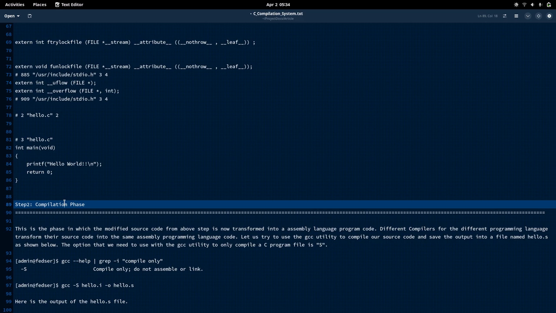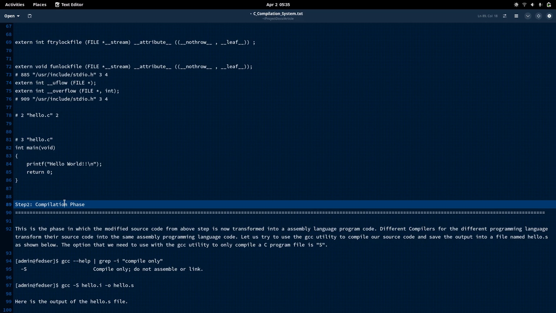But it is still not a complete machine level instruction code for the computer to understand. There is still one more step that we need to do in order to convert our assembly language program to a code which is machine readable. That we will cover in our next step, but right now let us focus on the